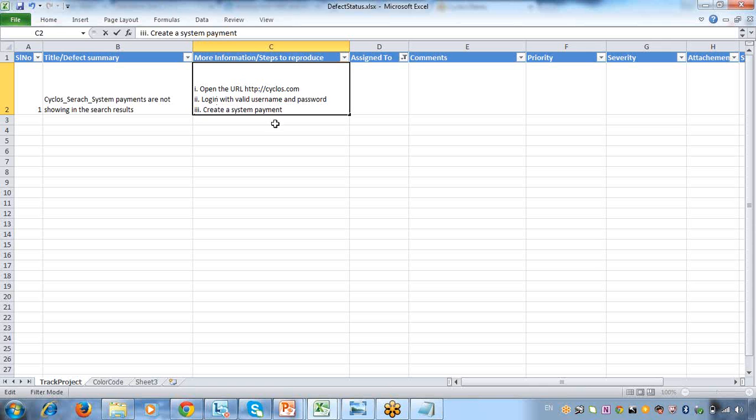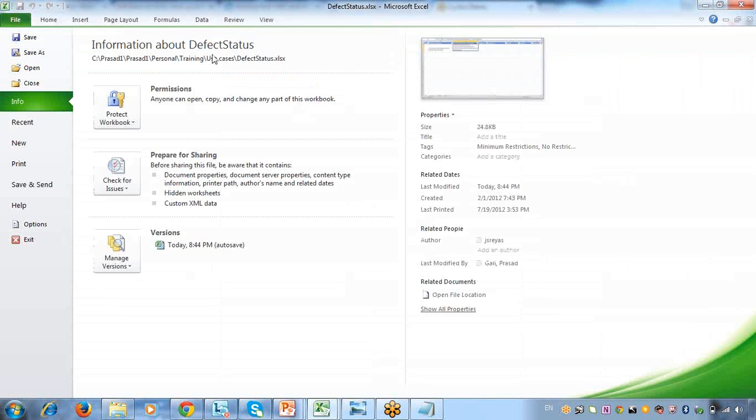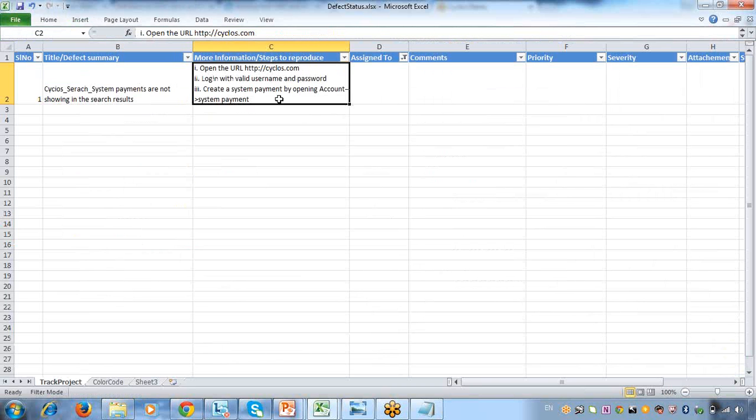Create system payment by clicking account, system payment, by opening. Okay, now you have to give each and every step. Okay, once it is created, once the system payment is created successfully,